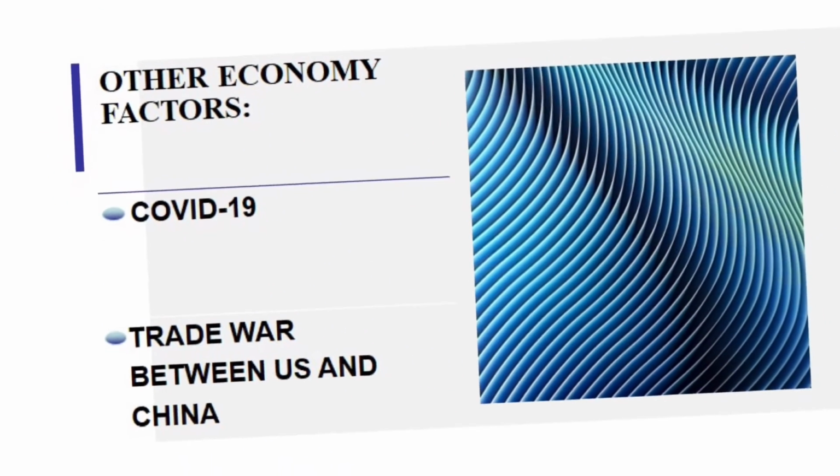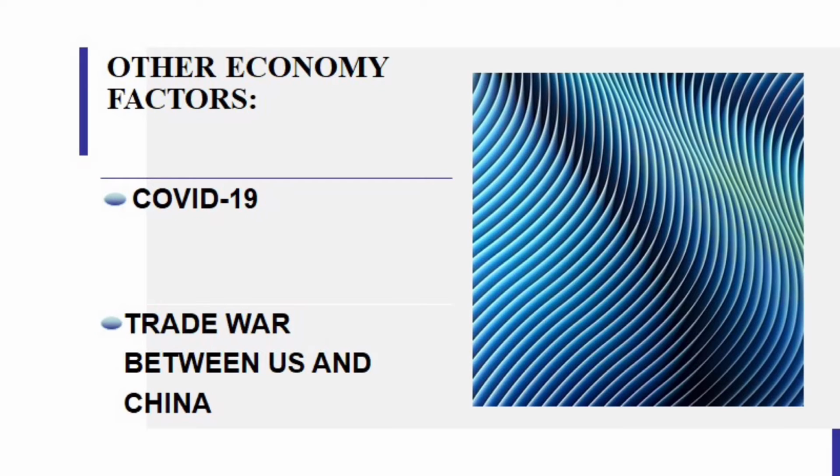Lastly, the other economic factors, which are COVID-19 and the trade war between US and China. The COVID-19 pandemic, also known as the coronavirus pandemic, is an ongoing global pandemic of coronavirus disease in 2019, caused by severe acute respiratory syndrome coronavirus 2. Due to COVID-19, all the local and international businesses have temporarily stopped, which affected Malaysia financially, especially the stock market. Meanwhile, the stock market was crushed when the Malaysian government announced the Movement Control Order, which is MCO, on 18 March 2020. Most of the investors sold all of their stocks when they heard the news of MCO.